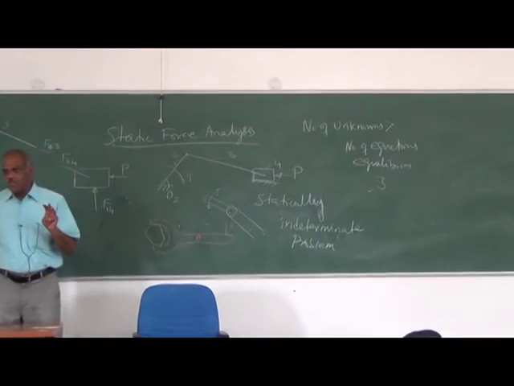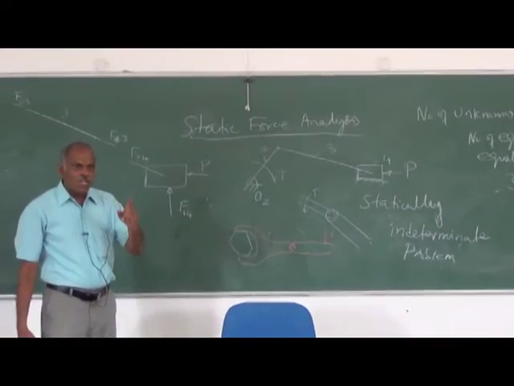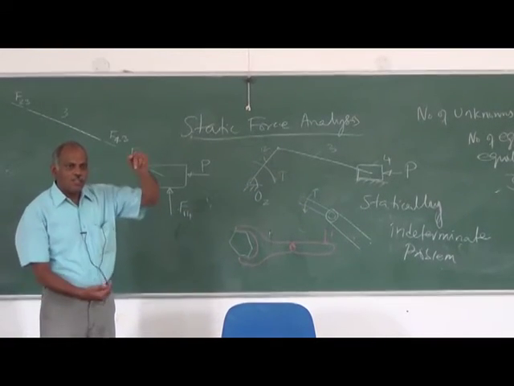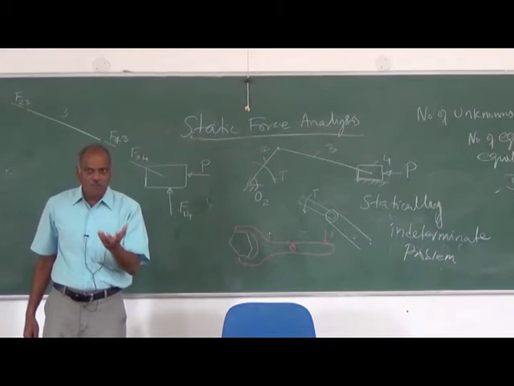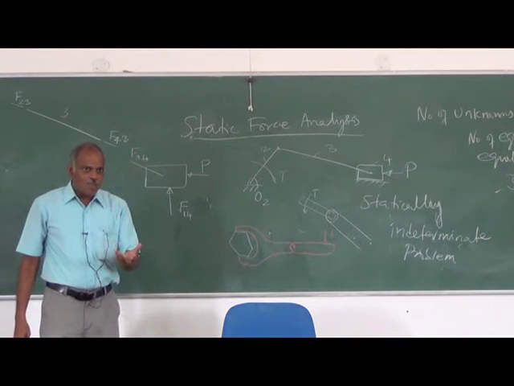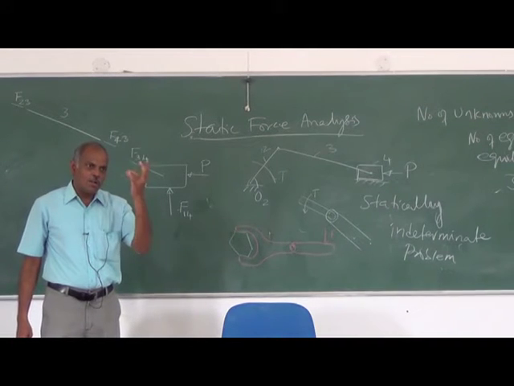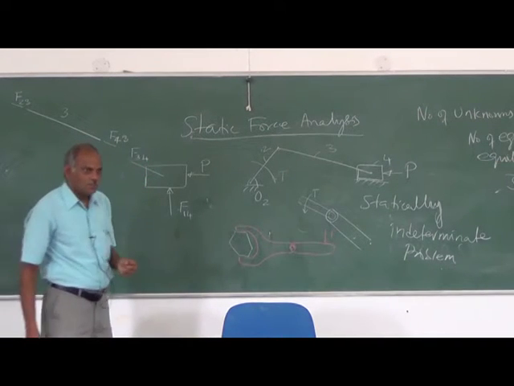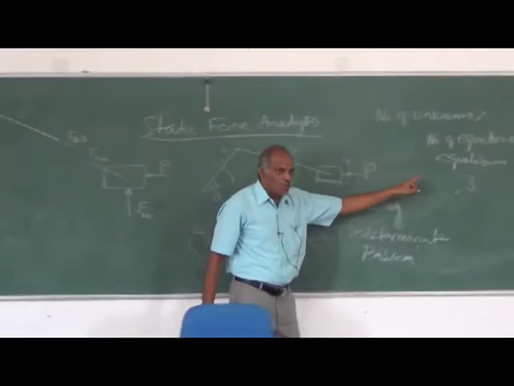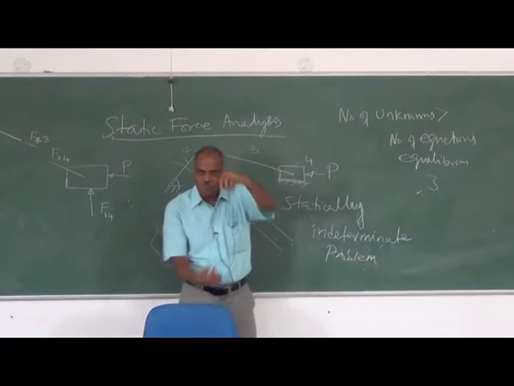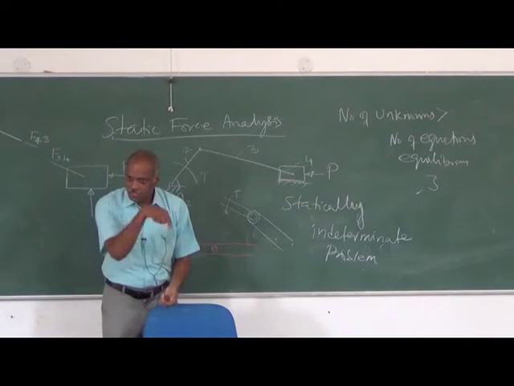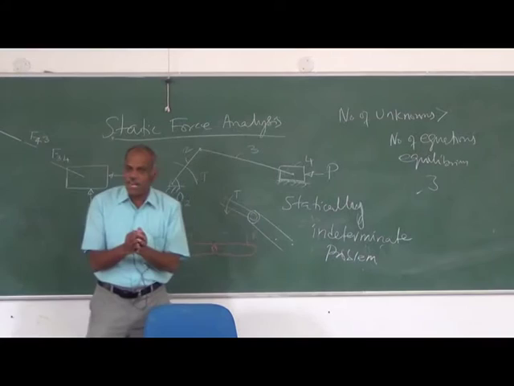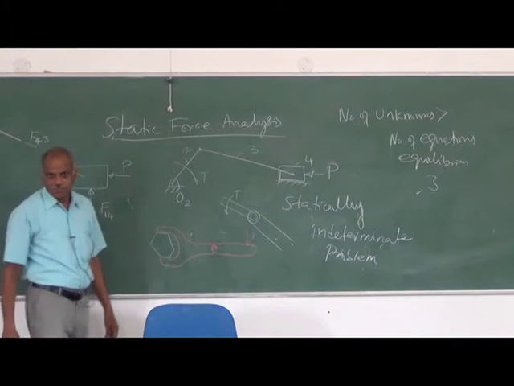We have 3 equations. One equation, for the net force, is to be 0 when a body is in equilibrium. For a static equilibrium, the net force should be 0 and the net moment should be 0. So you will have one equation which says that the net forces should be 0. That is, the sum of the 4 reactions plus the weight should, if we add algebraically, be 0. That is one equation.